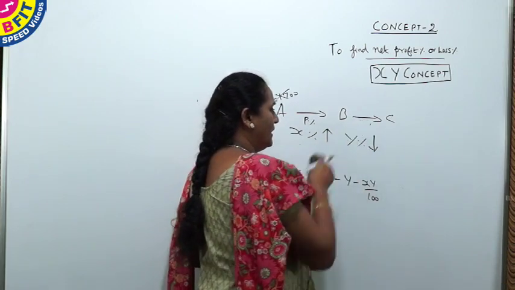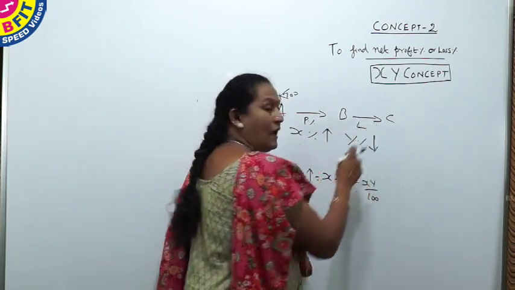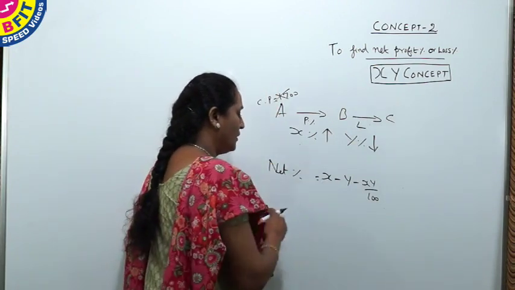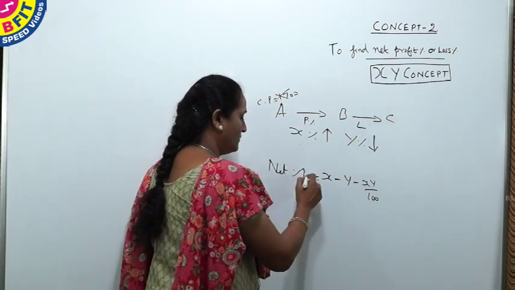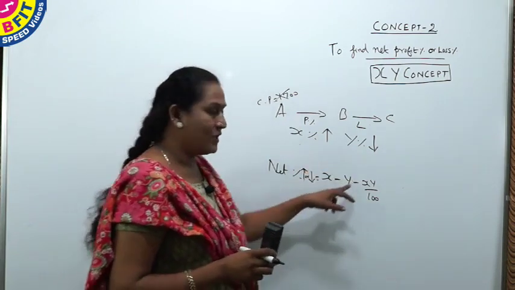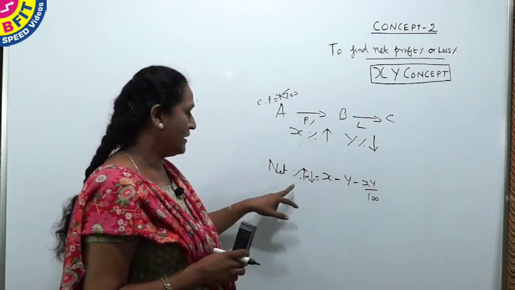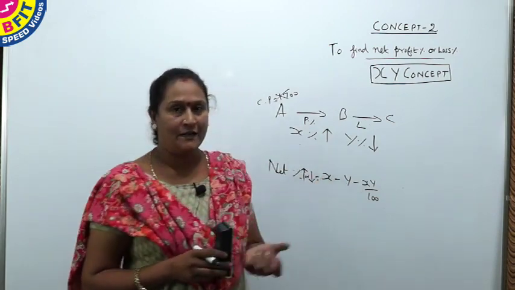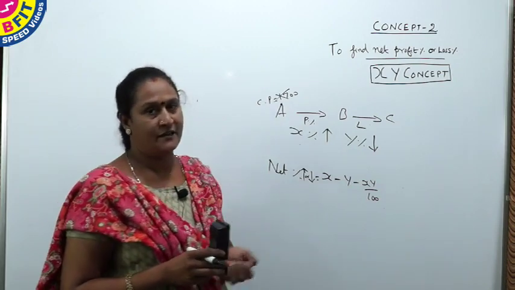So a person selling an article at profit and then at loss. What is the net profit percent or loss percent? When the overall sign is positive, it means that it is a net increase or profit percent. When you get a negative sign overall, it means that it is a decrease.